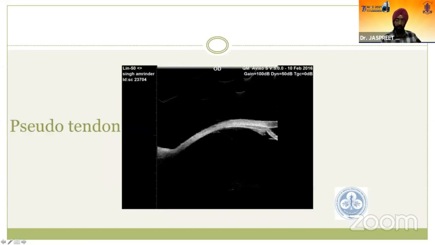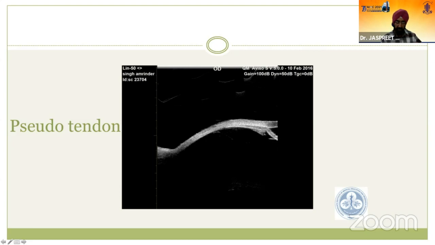So when you have a pseudo tendon, if you saw those shadows, there were really good, nice shadows going posteriorly. But sometimes you have a faint shadow here, which is not really continuous posteriorly. So it could be a pseudo tendon or maybe some kind of a scar. With experience, one would come to know and could identify the cause of maybe an eso or exo after doing a surgery years later, when you have such an appearance.